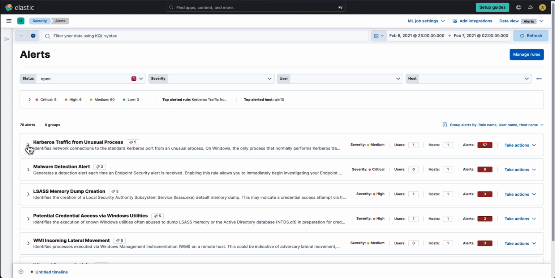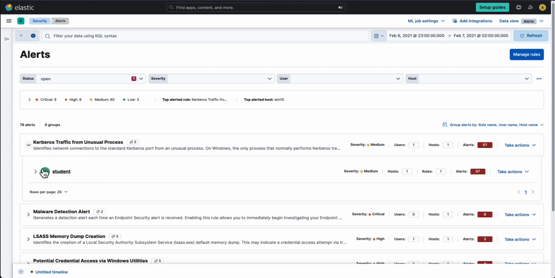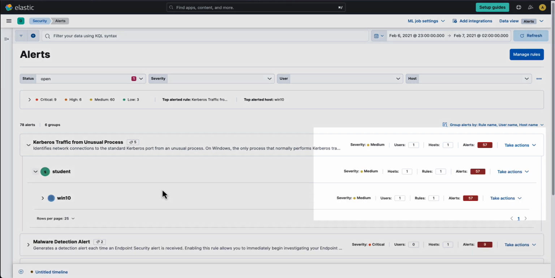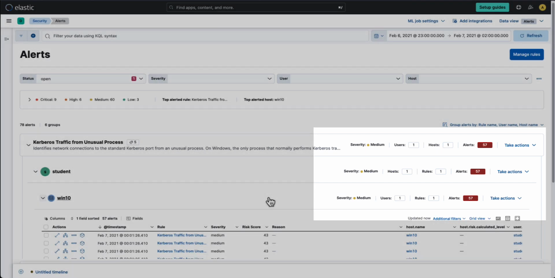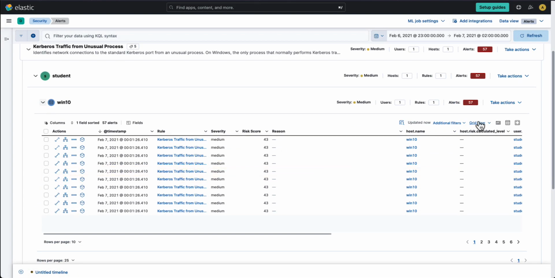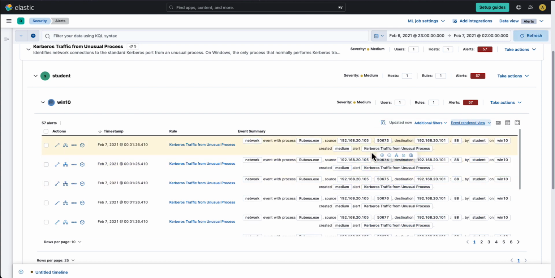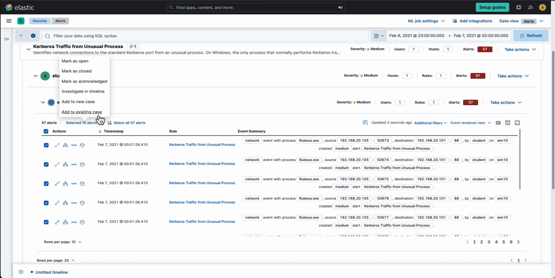Each group displays information such as the alert severity and how many users, hosts, and alerts are in the group. The information displayed varies depending on the selected fields. You can interact with the alerts at the group level. To do this, select the Take Actions menu to perform a bulk action on all the alerts in the group, such as changing their status, or use the Selected Alerts menu shown